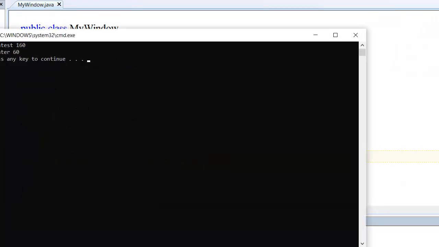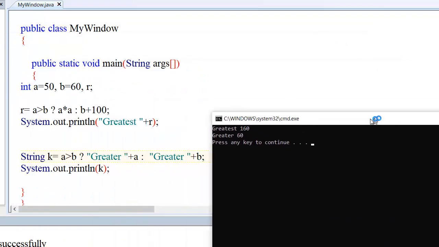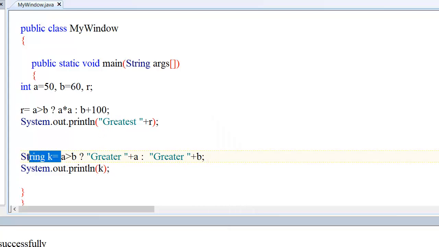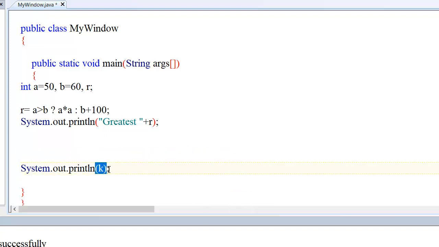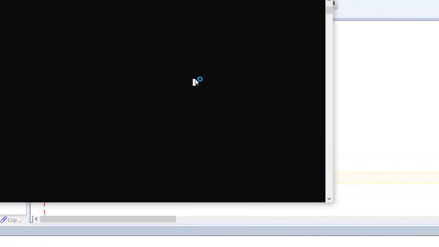Now see here, greatest 60, which means we can also return a string value to k. What I mean to say is, we can also return a string value. We can also use it directly in the print statement, instead of k we can write the expression. Now compile and execute. We are getting the result directly.